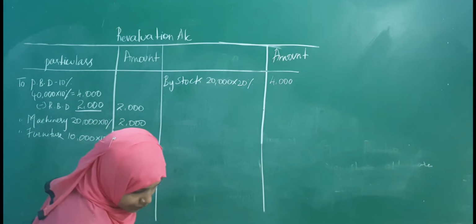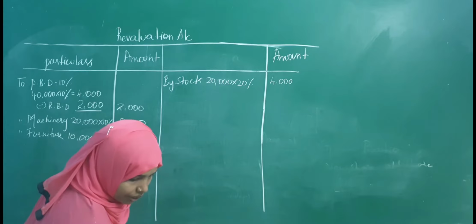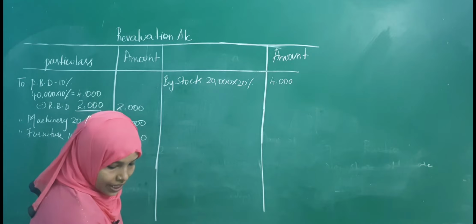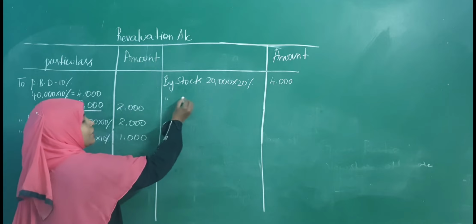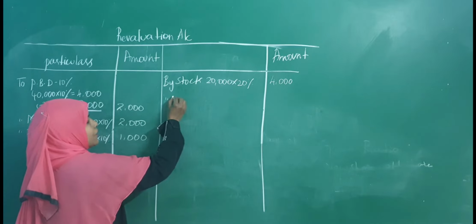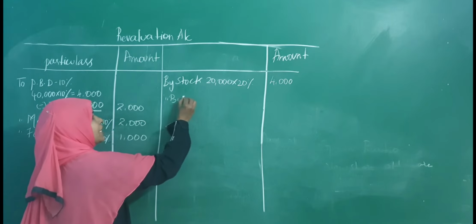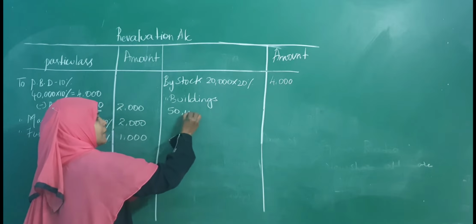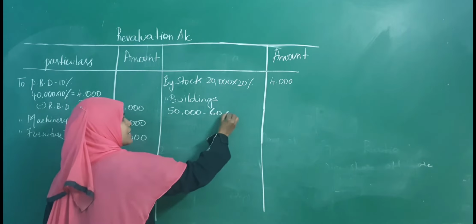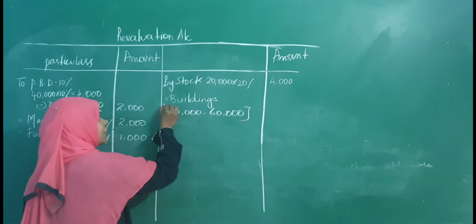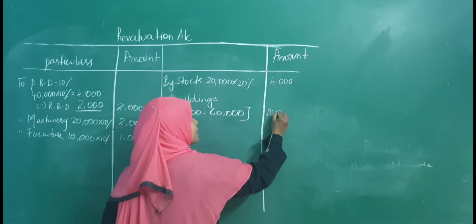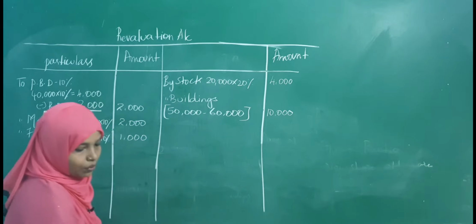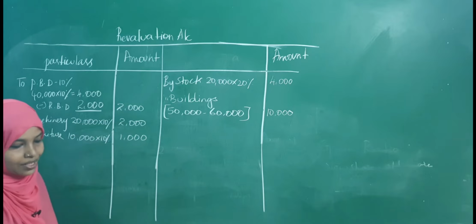Then we have buildings revalued at 60,000. In the balance sheet, the value of the buildings is 50,000. Here it has been increased to 60,000. So increase in the value of asset, you will take it in credit side. The value of buildings given in the question is 50,000. It has been increased to 60,000. So the difference is 10,000. Yeah, that's all. Goodwill they have given. Goodwill you have to treat in the partners' capital account.